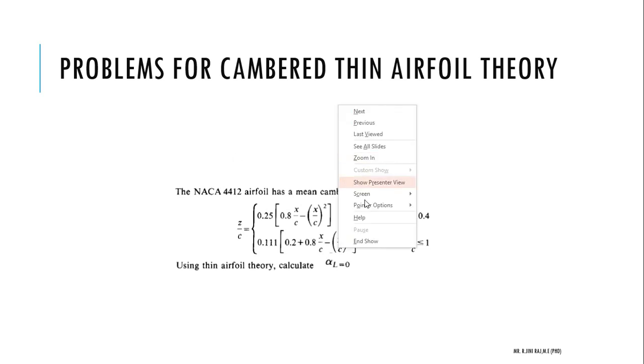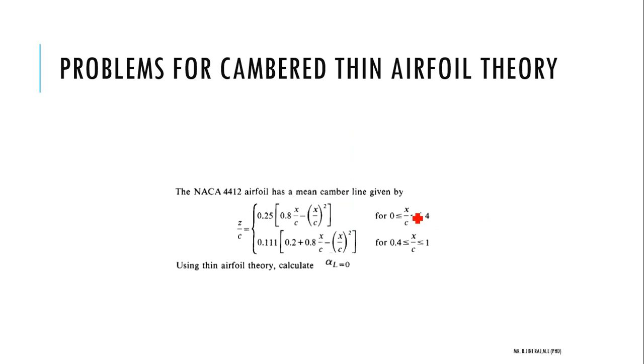So this is the problem I have given you as an assignment. What is your doubt in this problem, or shall we continue? This sum we need to calculate based upon our derivative part only. They have given the mean camber line for this particular airfoil as Z by C equal to 0.2 values.